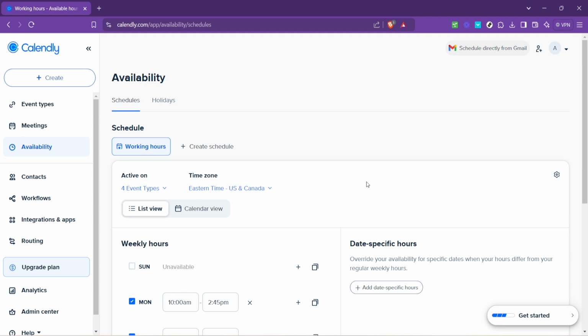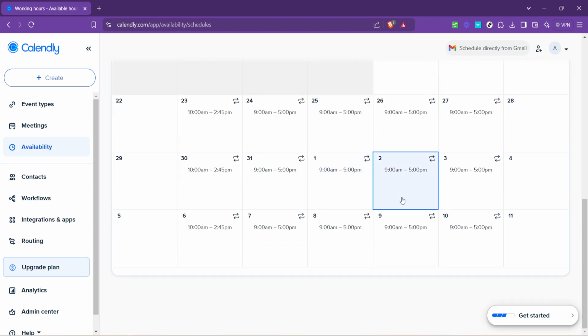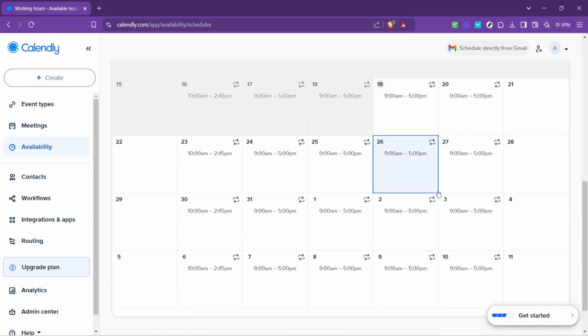Finally, the moment we've been working towards: viewing your calendar in all its glory. Within the Availability tab, you'll find an option labelled Calendar View. Clicking on this will reveal your Calendly calendar, showcasing your availability across days, weeks, or even months, depending on your preference. This view is designed to give you a clear snapshot of your schedule at a glance, making it easier